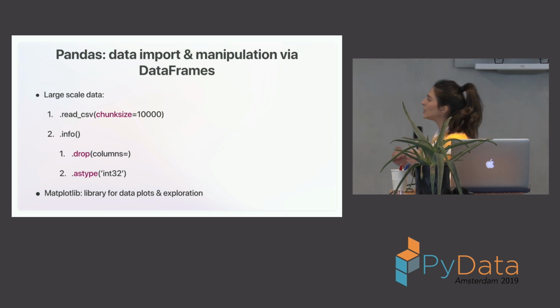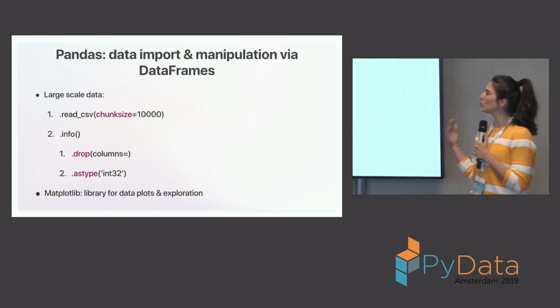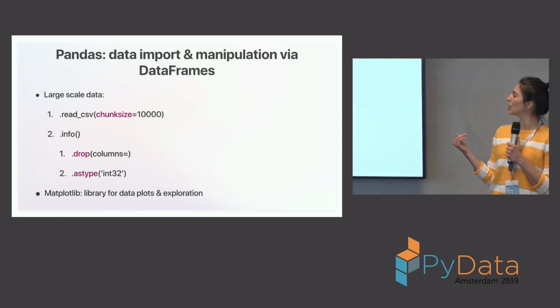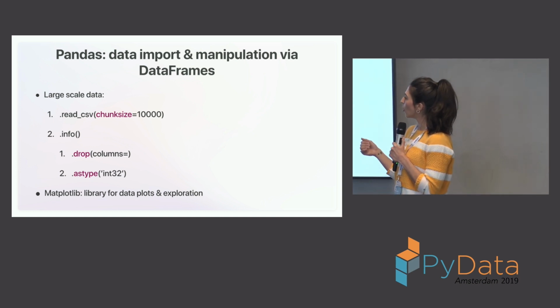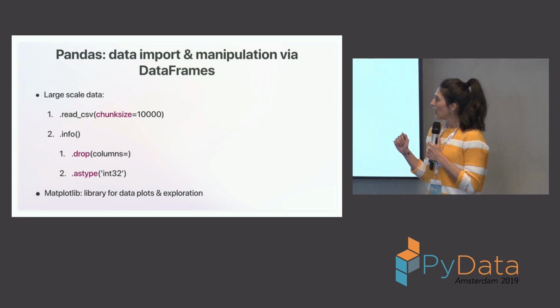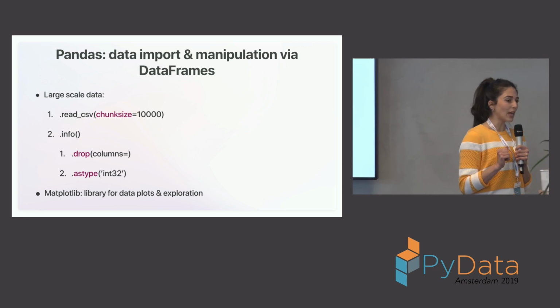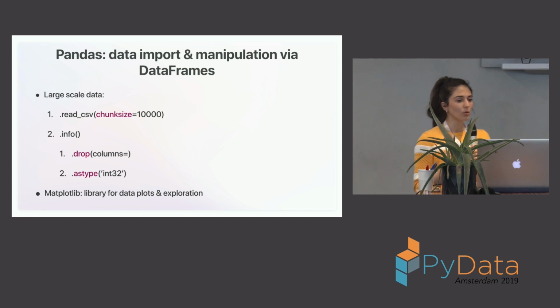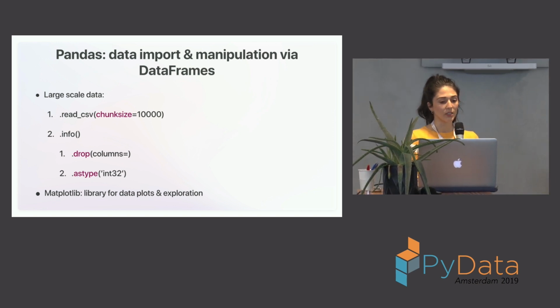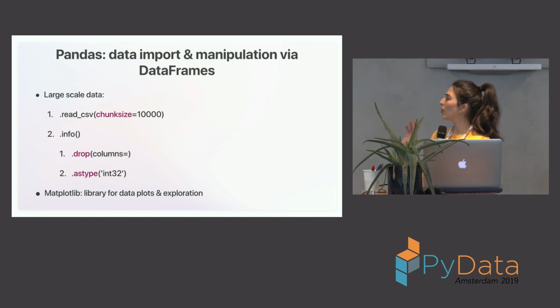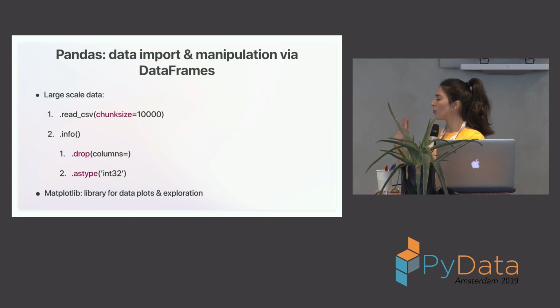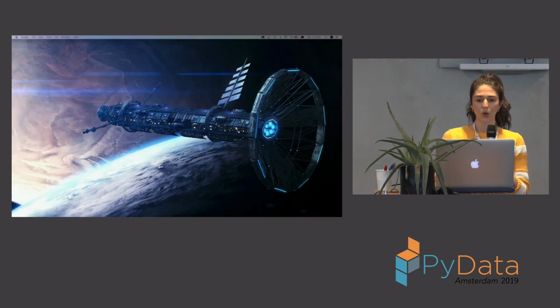After I do that, it's pretty important to also drop the columns that my model isn't going to use, so as not to carry them in our code. Another method is called astype. For performance reasons, it's important to convert our float or integer columns from 64-bit to 32-bit. I can already show you